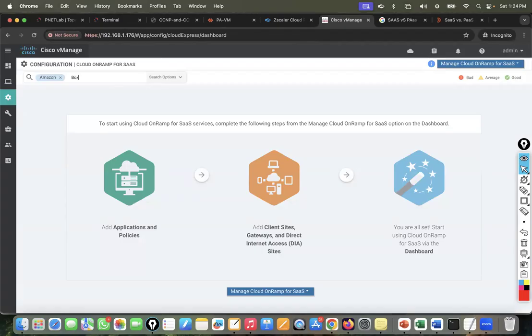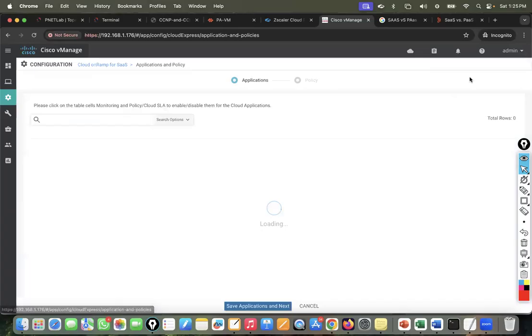Amazon. Box. Search. Hey, why it's not happening? What's the problem? Cloud on the ramp. I can add the application, but